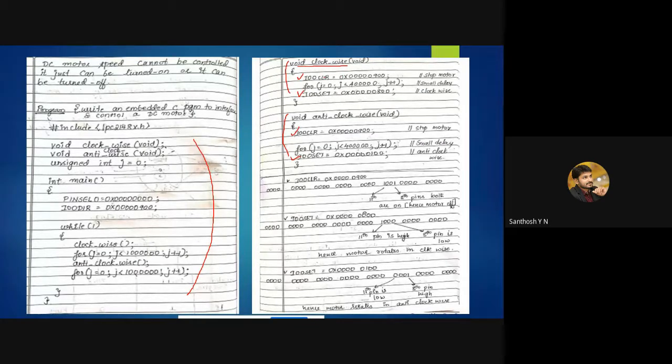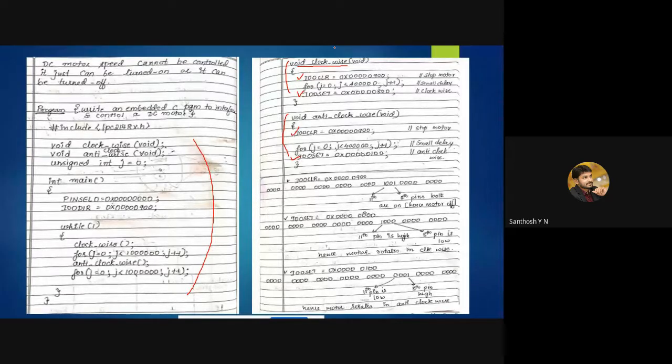IO0CLR means you are making some of the pins go low. Which pins are we making low here? We are making the 8th pin and the 11th pin of port 0 low.